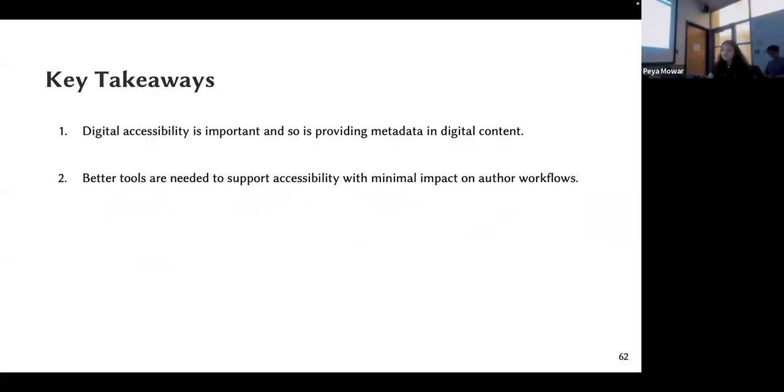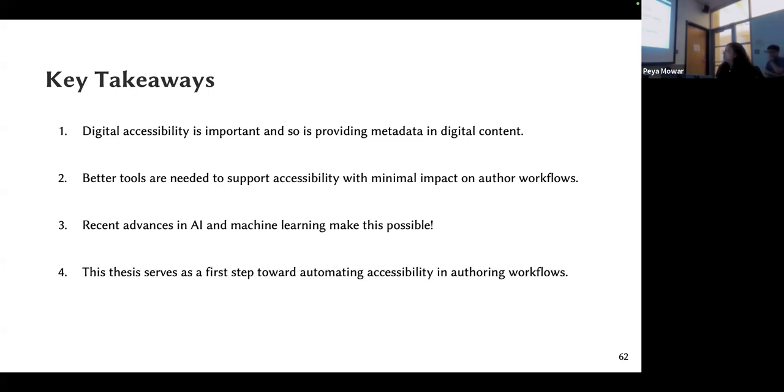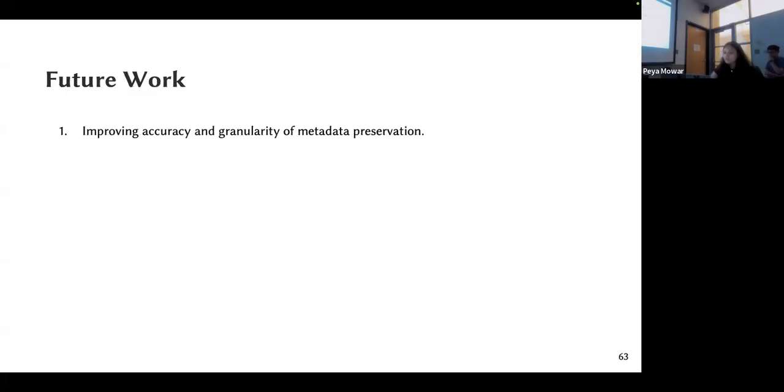We need much better tools that can help creators support accessibility with minimal impact on their existing workflows. And through this thesis, we saw that recent advances in AI and ML actually make this possible. And this thesis is a first step towards automating accessibility in these workflows.